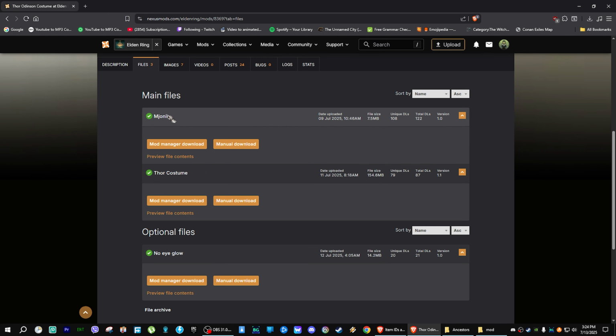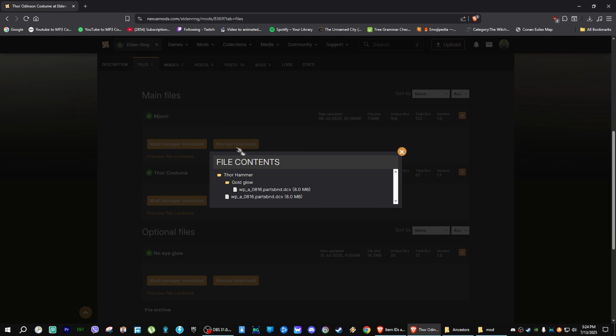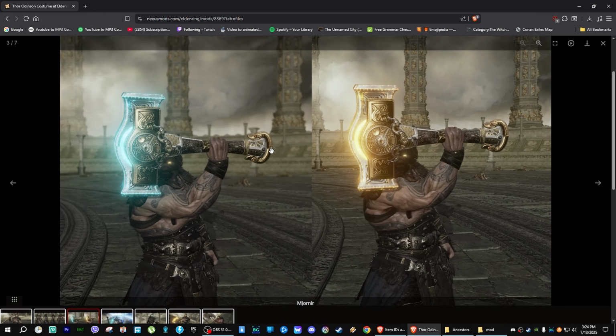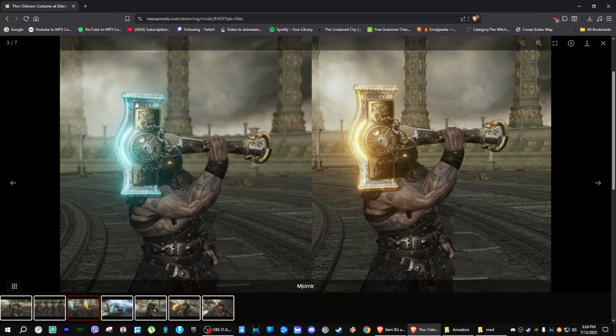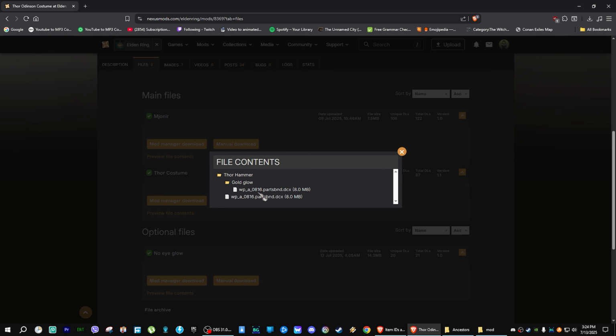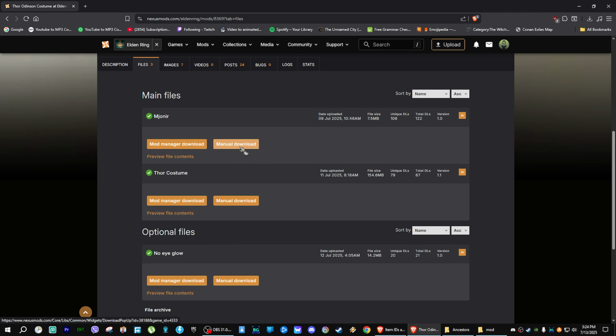And Mjolnir is the mod that will replace your weapon, which in the base game is called Hammer, and it is going to change how your weapon looks. You can have it glow blue, you can have it glow golden, which you can also see here if you click preview file contents. Golden glow, you can see right here, and this right here is going to glow blue, this right here is going to glow gold. So let's download this,